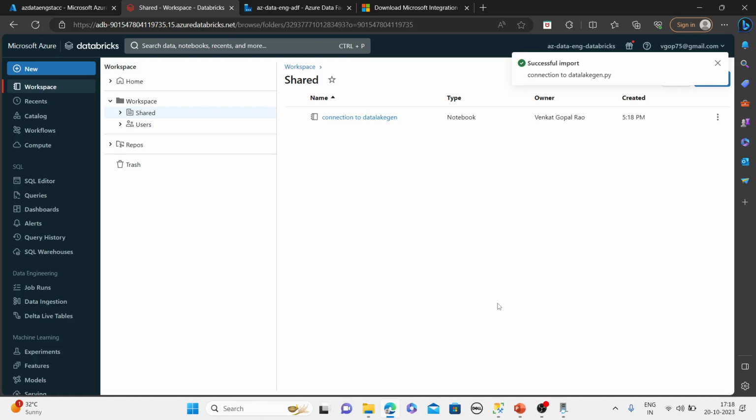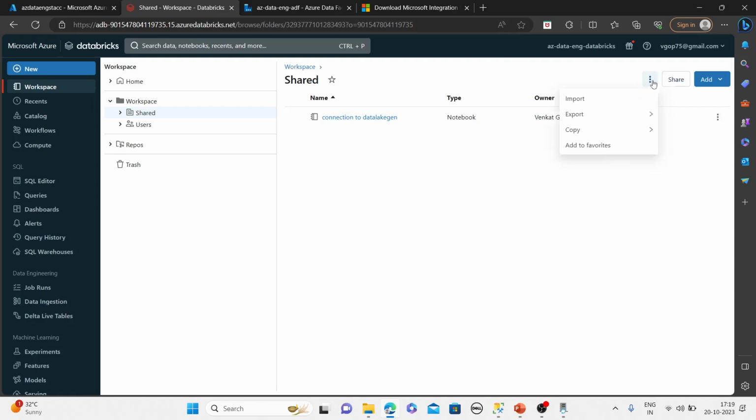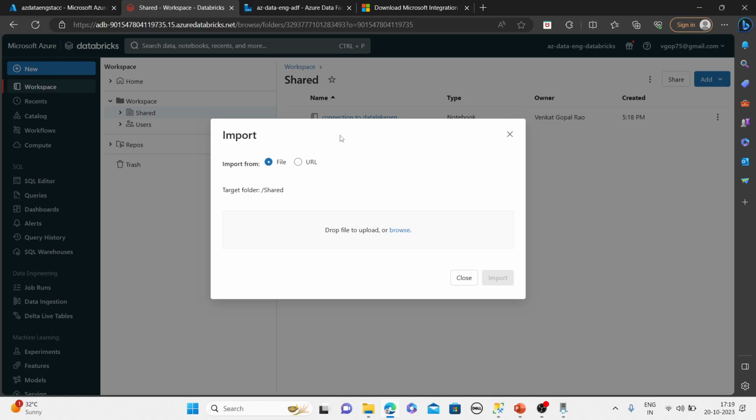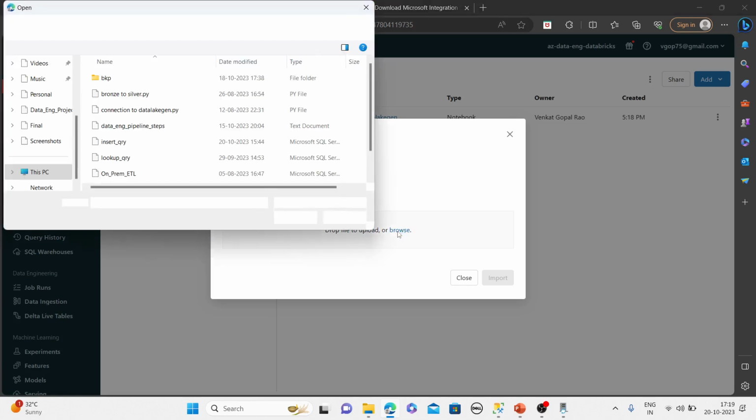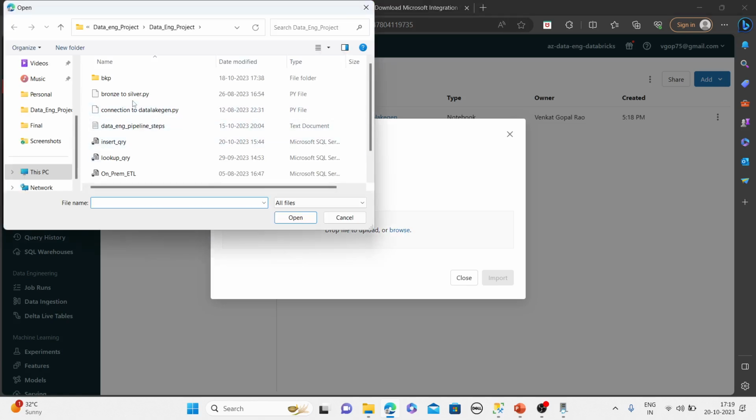Let me import. So let me import the first notebook. Similarly, I would like to import the other two notebooks, which are for copying data from bronze to silver, right? And